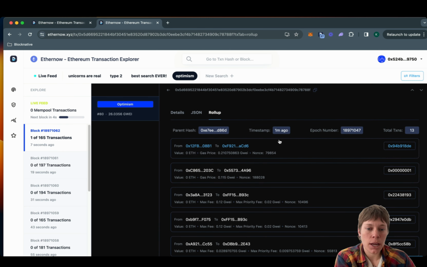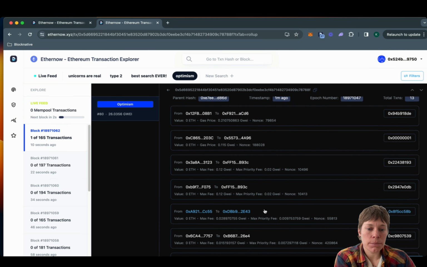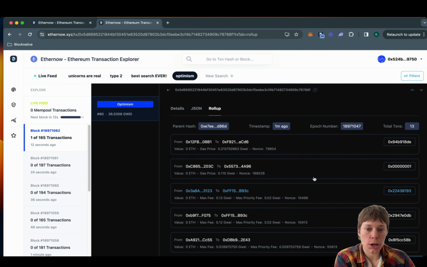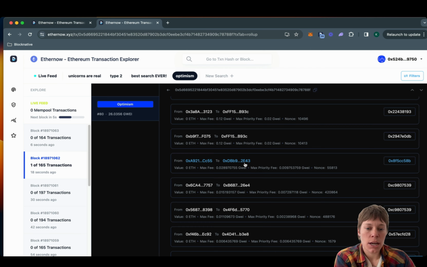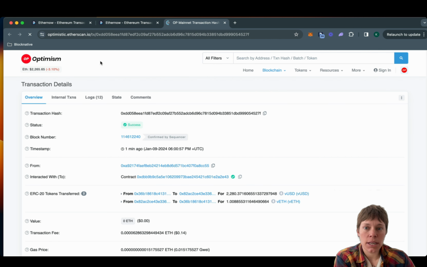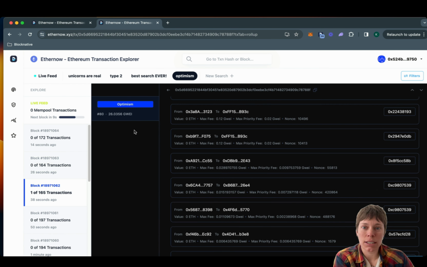So if I click on Rollup, here we have all of these Optimism transactions that have been decoded. They're from and to addresses and some other information like gas information. And if you click on one of those, it will take you to the Optimism block explorer, so you can go in and view some additional information. And then coming back over here, I'm going to walk through just a couple more